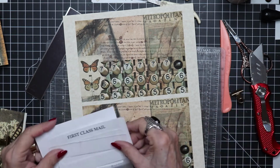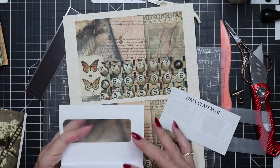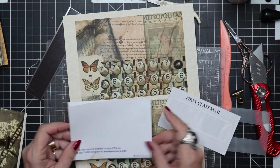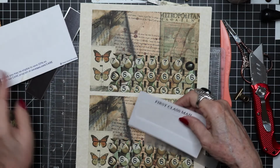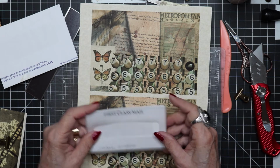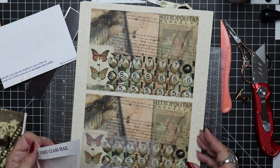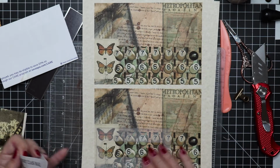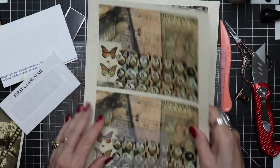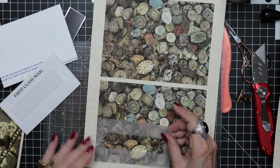Okay, for this one, I have two envelopes. One has a window on it, but I'm not going to use the window. I'll be gluing that down behind, and I will use the little window on the front, and I want the butterfly and the numbers here to appear on the outer, and on the inner section,